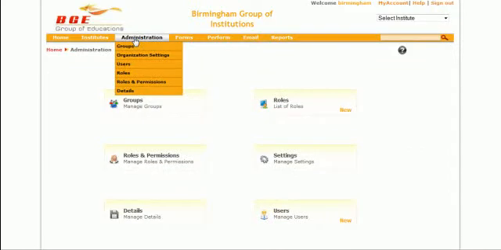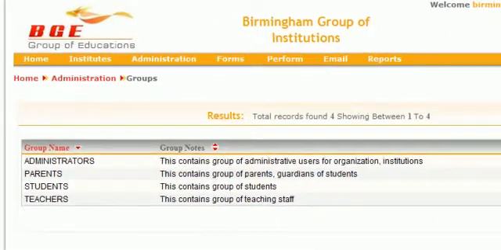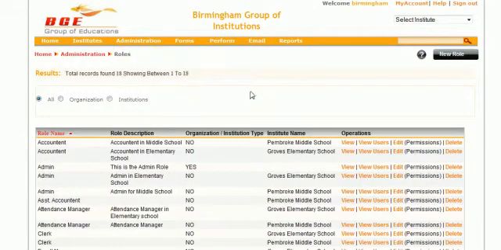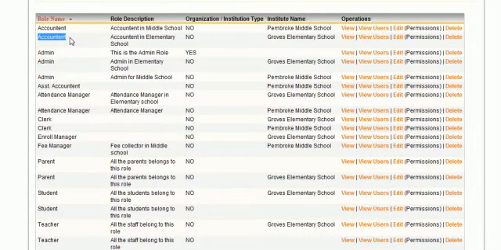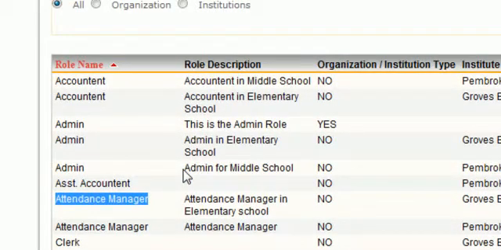Administration. The administration module helps in creating role-based administration. The super administration creates different groups like parents, teachers using the group option. The role option is used to create different role-based access like attendance manager, administrator, individual institution, registrar and account manager and so on, and assign them users and certain privileged permissions, so that the users created under that role can access only their information. For example, the attendance clerk does not have the privilege to assign grades or admission, but he has only access to the attendance management at the institution or organization level.